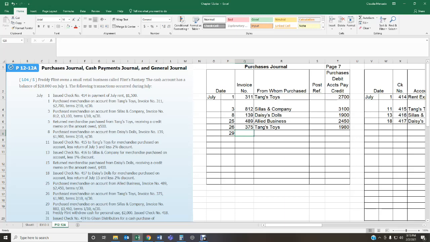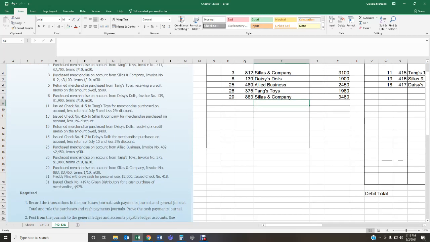This is invoice number 883. And then it says from whom we purchased. This is happening for CS & Company. Okay. And the amount for my purchases journal is $3,460. Okay, so that happened on the 29th. We're almost there, guys. Okay, on the 31st,